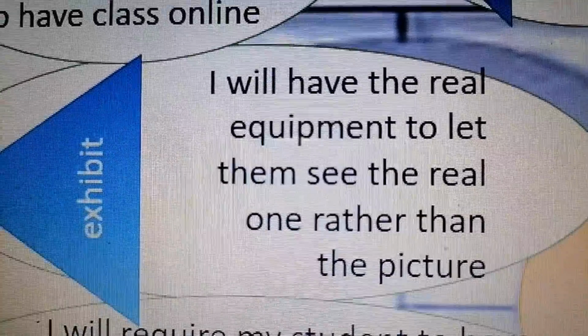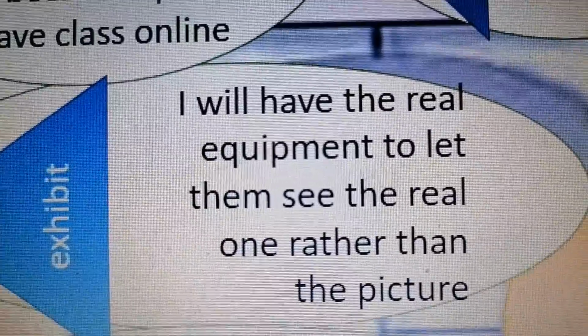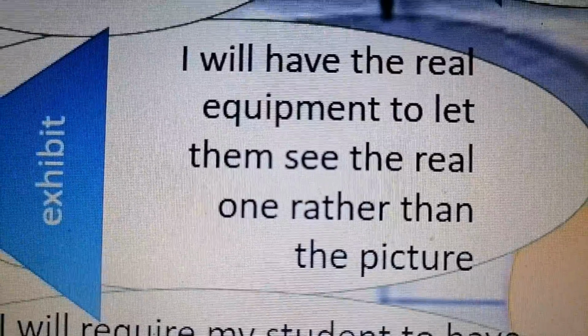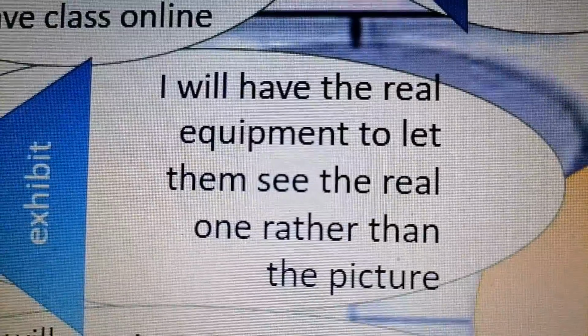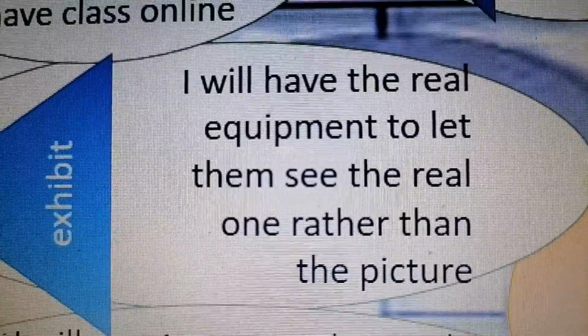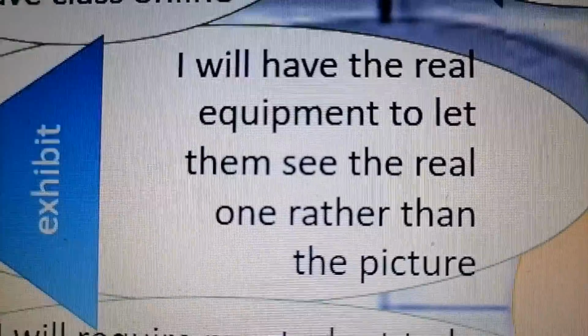Through the virtual meeting, we are going to have the real equipment, and I will show it on the teacher's screen so they can see the real one.